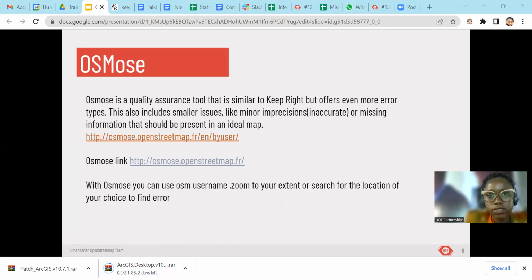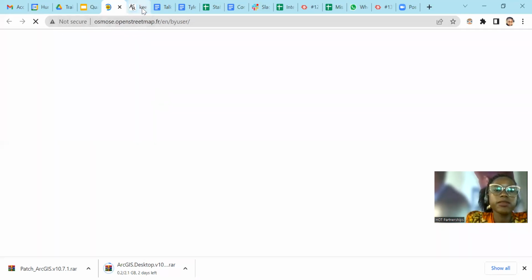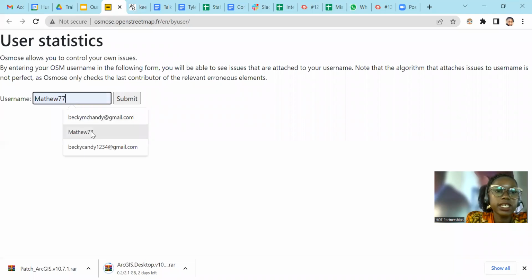Yeah. So OSMose queries data twice. Let me see if there's a question. Okay, no question. OSMose queries data twice. So you can query your personal OSM, your personal name or any username, and then you can also query issues directly from the website in your browser. So for starters, as a username, you can just click in here and